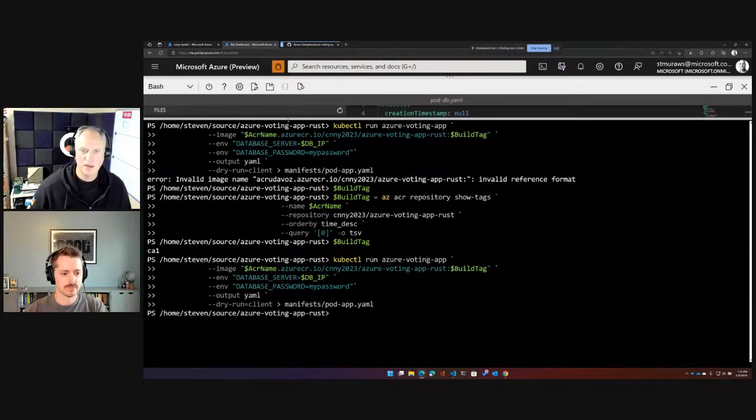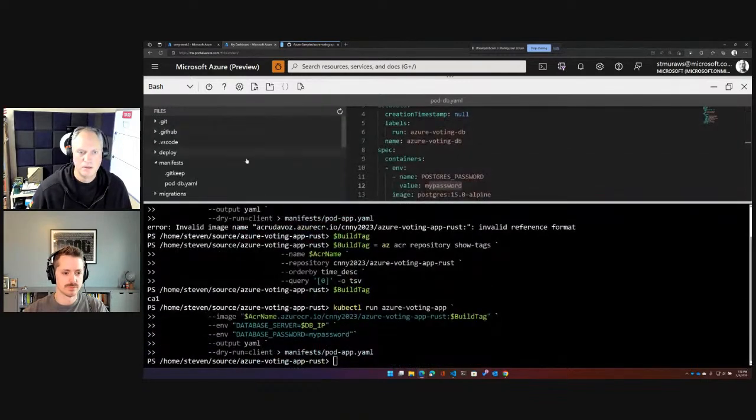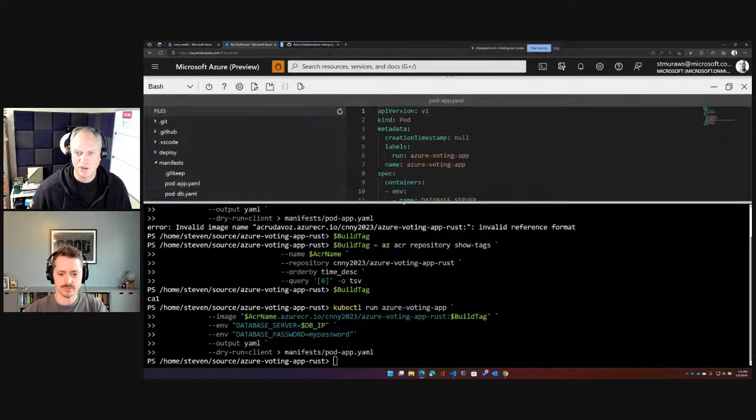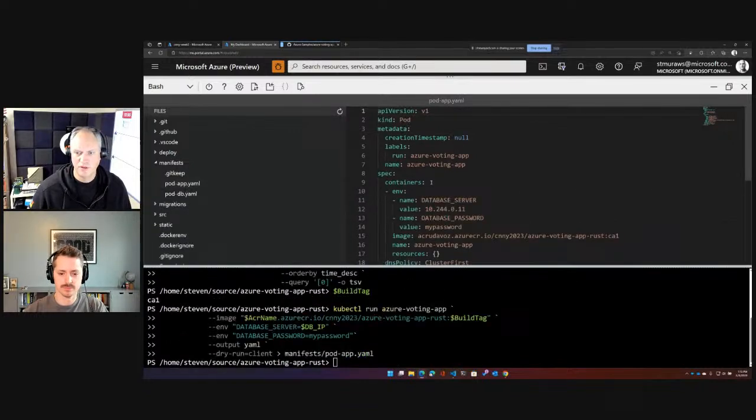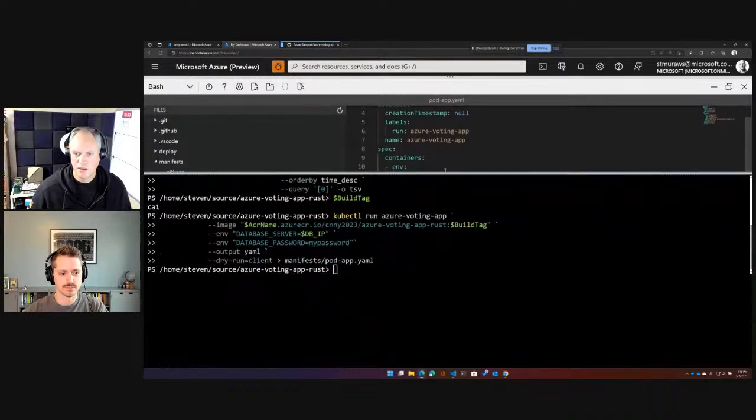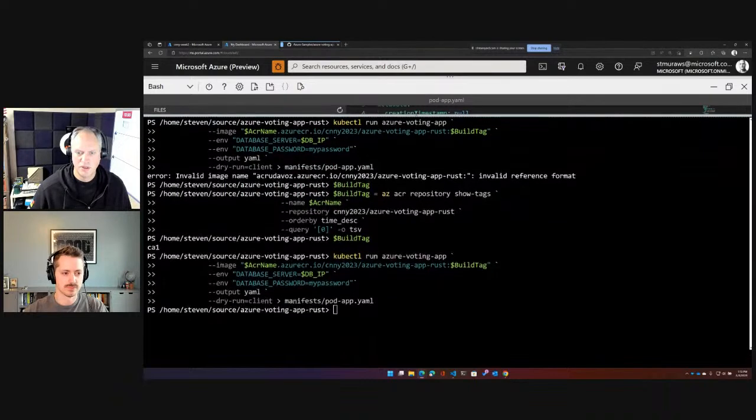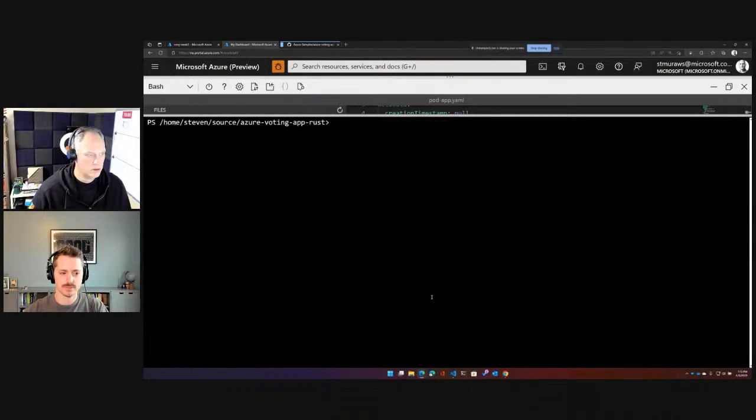So now we should have a pod app YAML, which is very similar to the one that we just created for the database. It's got two environment variables that we specified. It has my container image, and we can deploy it the same way we did with the database, which was